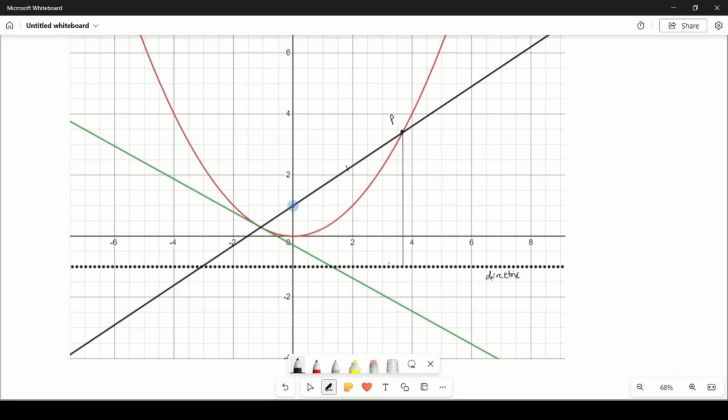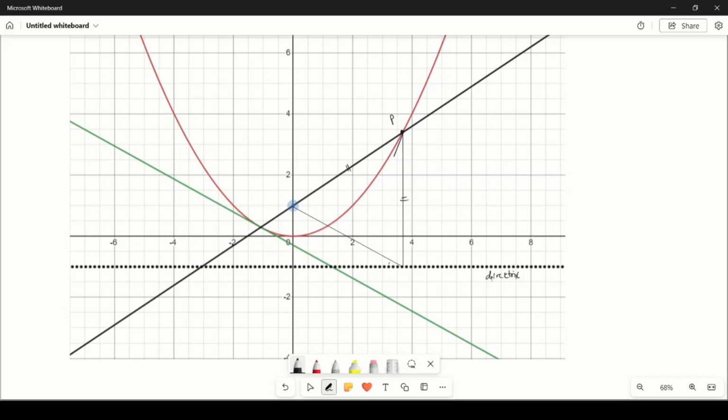Because this one and this one are equal in length, we come up with an idea: what if I join them and make an isosceles triangle, right? There we go. There we have an isosceles triangle. Now, when we have an isosceles triangle, what we can do is draw an